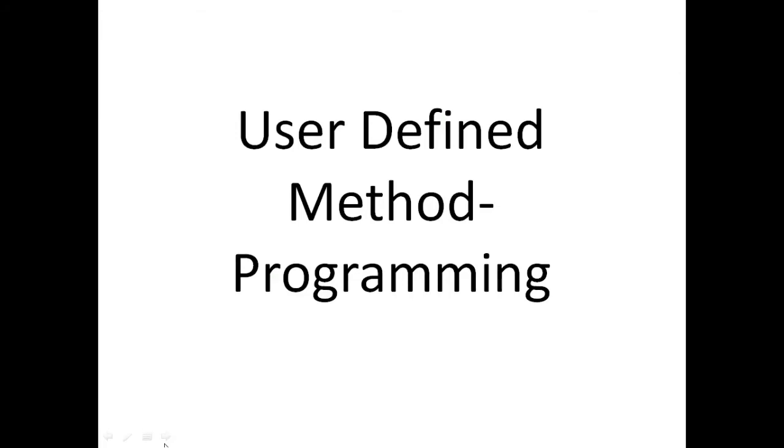Last class I explained the chapter on user-defined methods. Today I'll be explaining the programming section of this chapter. Children, the programming part of this chapter consists of two different types of program. One is the program which contains methods, like the different functions in the programming section. Another is function overloading, that means the concept of polymorphism.